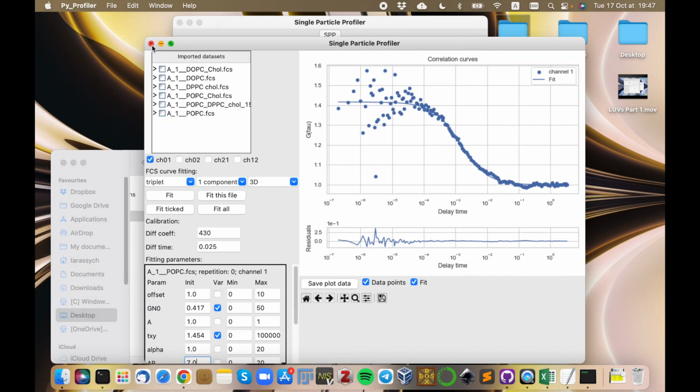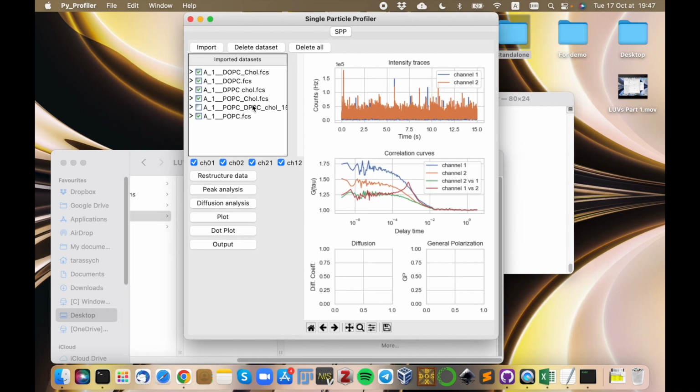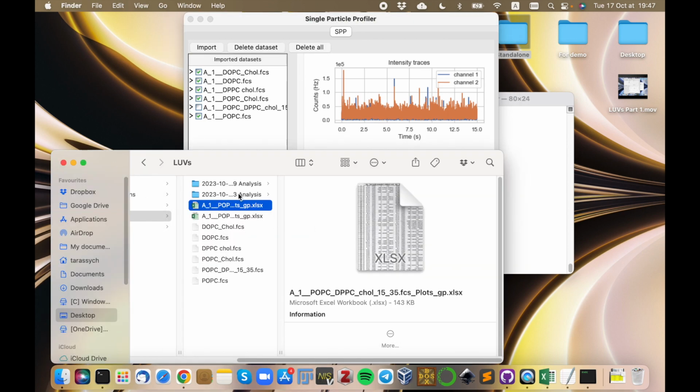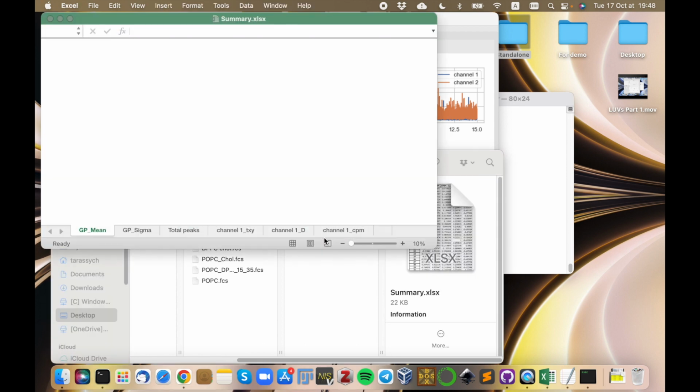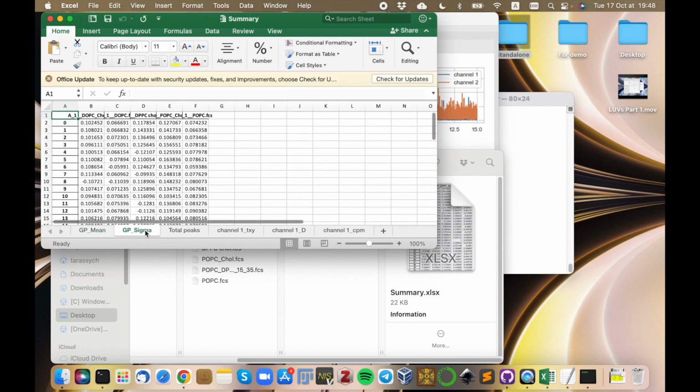And now this one we can close. And now if you want, you can again click output for all of them. So now you see you have the next analysis. This is useful because you have also your old analysis preserved in case you want it. So the new analysis folder, again, you can open the summary,